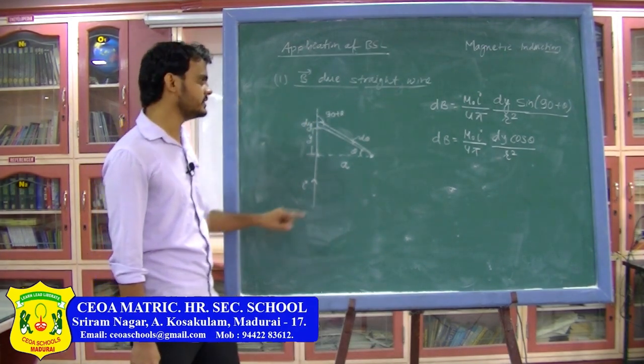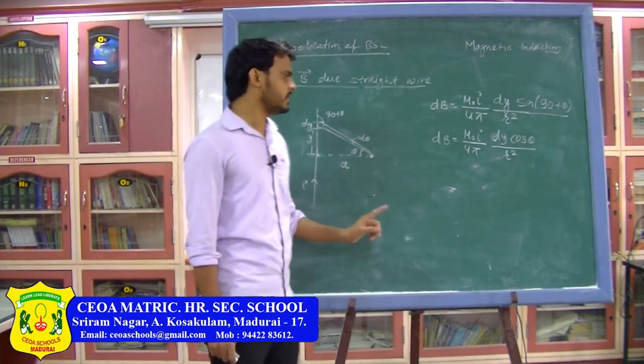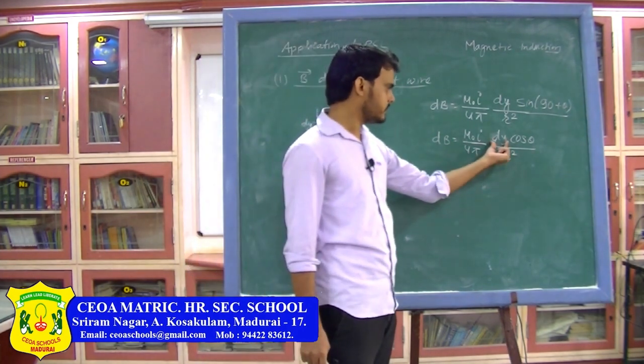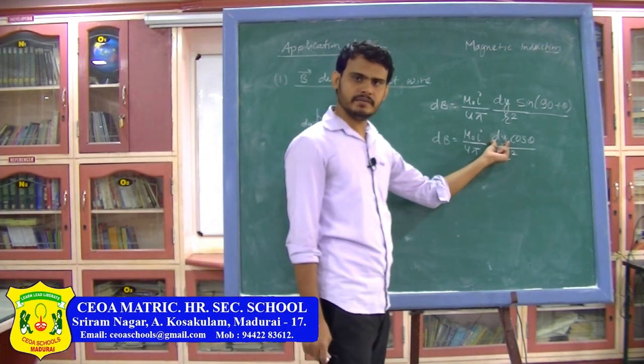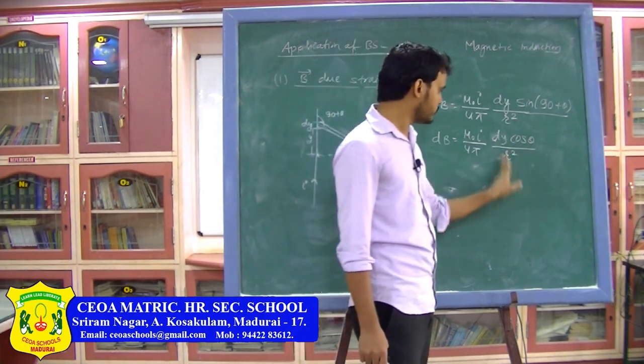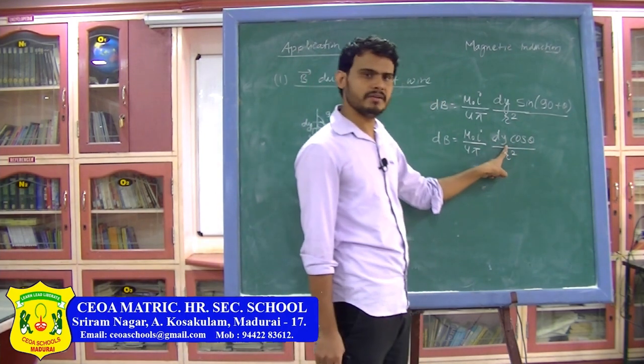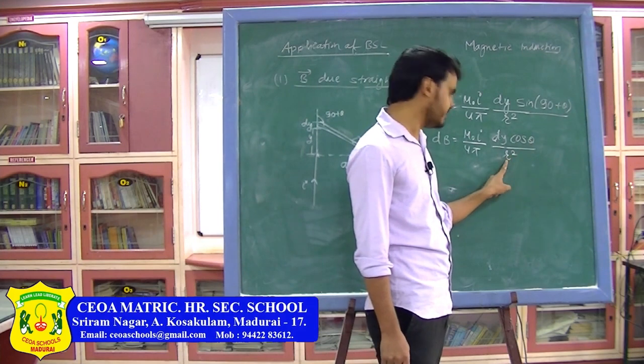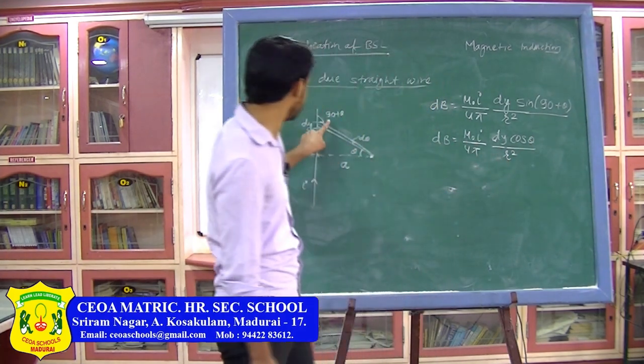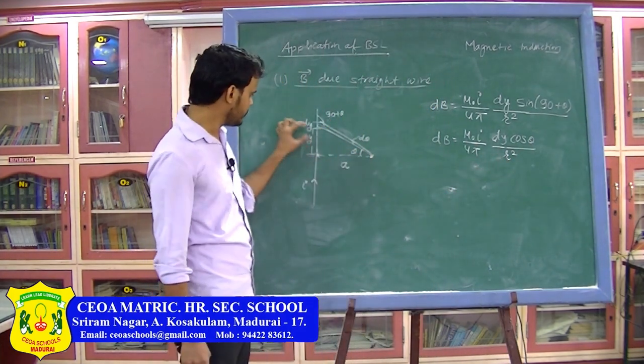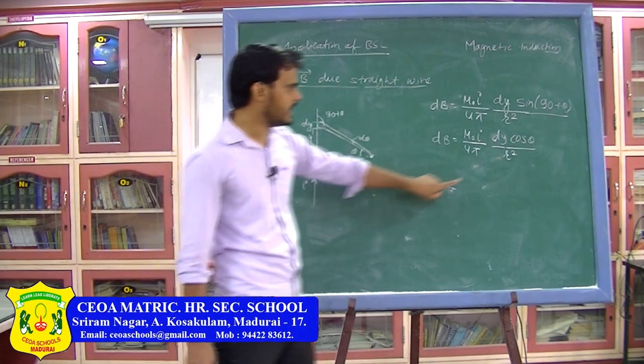So, what I need to do is the integration, but if you see this side, here your variable for integration is dy, but here you have a total of 3 variables. One integration variable is y, theta is also a variable, and r is also a variable. As you can see, this r is this distance. So if y is changing and theta is changing, r will also change.